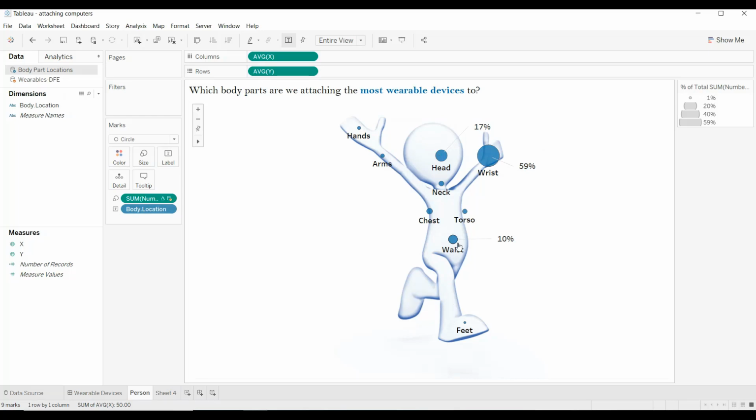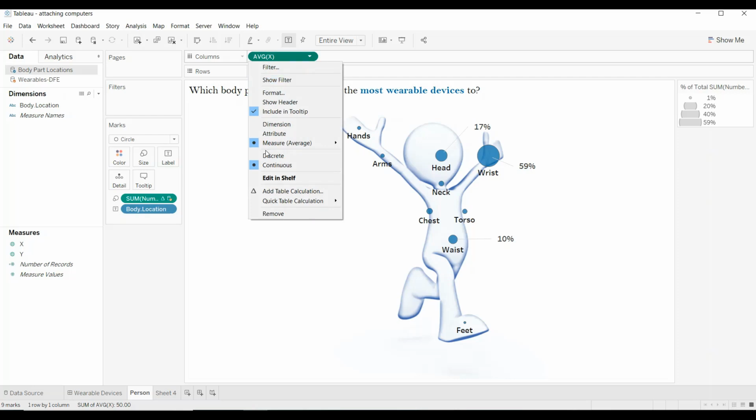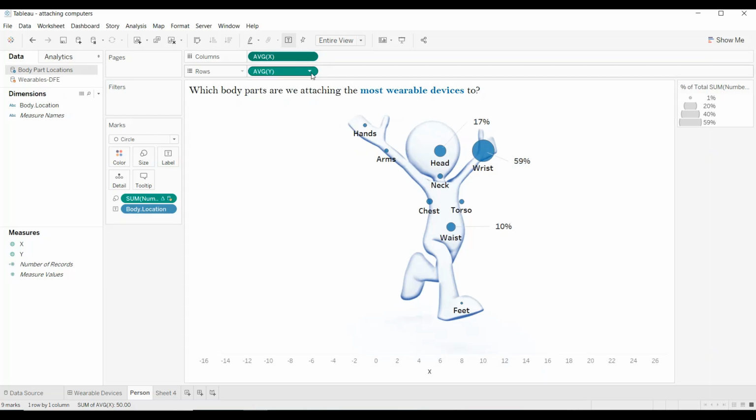So we have hands, arms, head, and we generally know where that is for the most part. So visually, I know that the head is going to be somewhere here, the feet are somewhere there, but the question is, where do we get the numbers that are driving the plotting? I think what would help is if I show the headers for the X and the Y